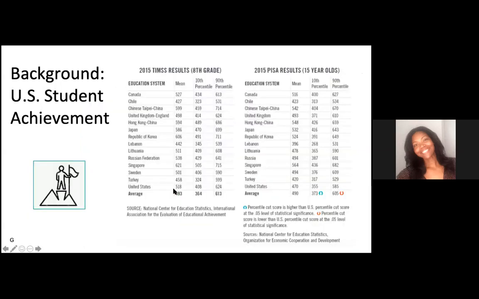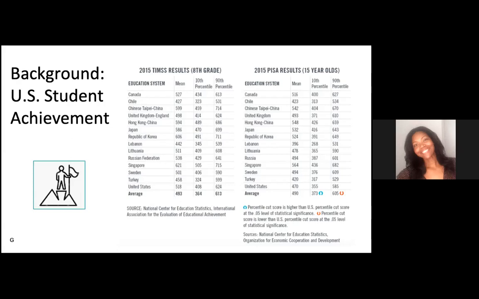Okay. So our big picture research question is, why are United States students underperforming when it comes to these international assessments in secondary education? We have two popular international assessments that are used in a lot of educational research. One is the TIMSS, which is Trends in International Mathematics and Science Study. This assessment focuses on curricular-based knowledge. It's more curriculum-oriented than the PISA, which I'll talk about in a second.